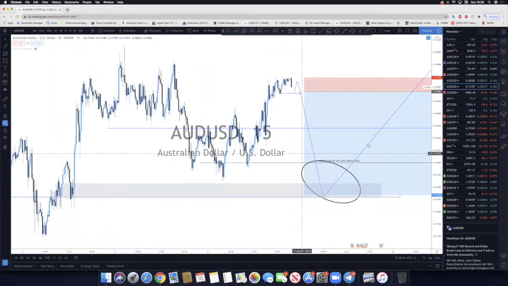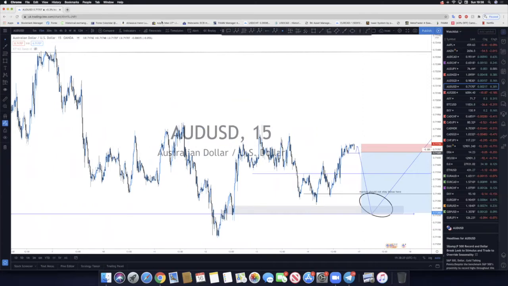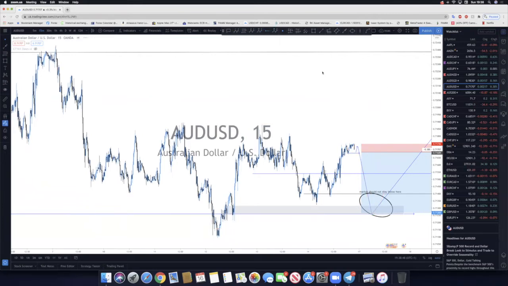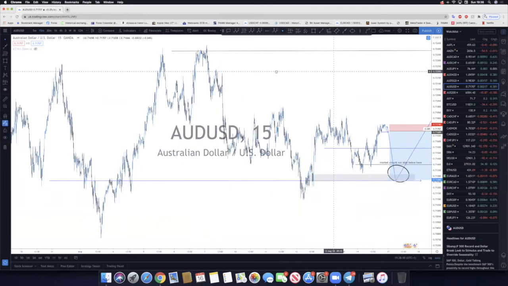How would the market go? Can the market just move a little bit up to break the top and drop? Yes, it's possible. So let's wait. When the market opens, we can make a final decision about what the market reaction will be between here and here. And then we take our sell. After our sell, we take our buy. Okay, this is the Aussie dollar setup for this week.